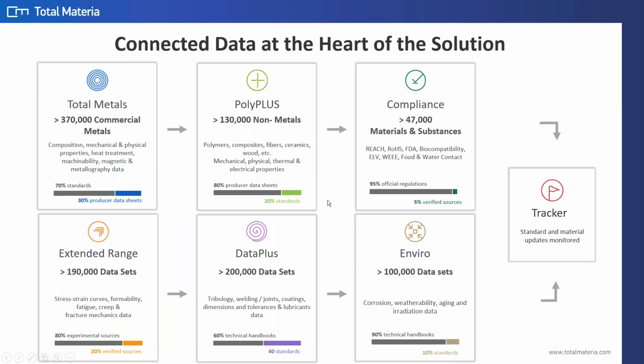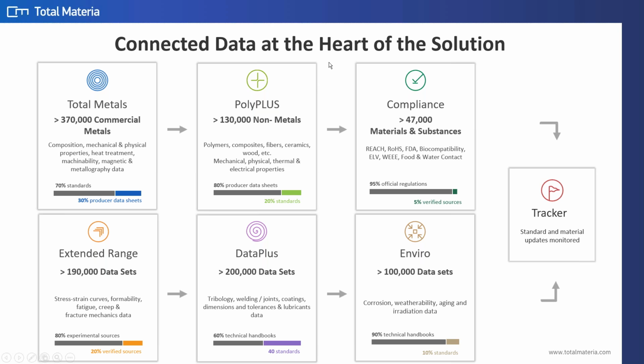So we have a lot of different kinds of information that come from different kinds of data sets in our solution. First of all, I'll just tell this very briefly. Total Metals, all the ferroalloys, non-ferroalloys: most of this information is coming from standards, but a small percentage is coming from producer datasheets. The producer datasheets are actually adding those missing gaps of information that the standard is not providing,